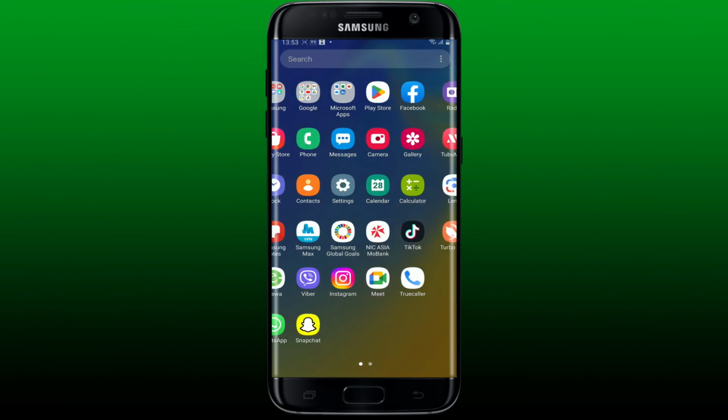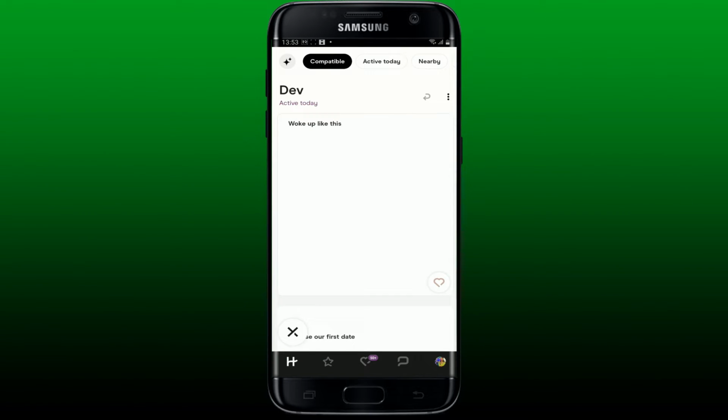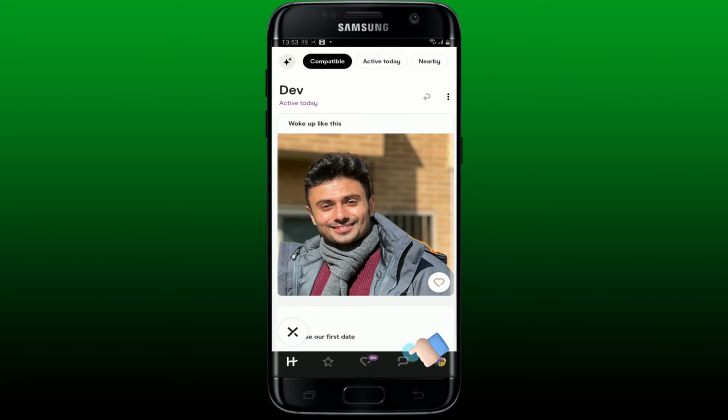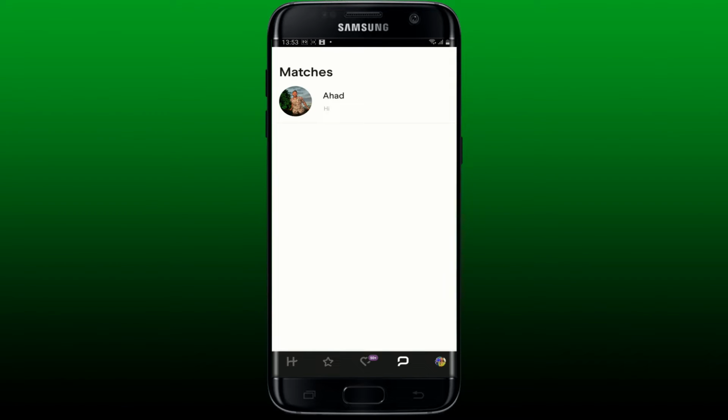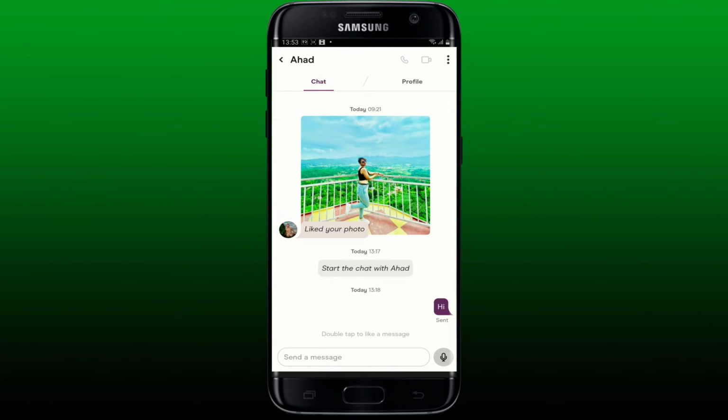Open up your Hinge dating application and make sure that you are logged into your account. From the main homepage, tap on the chat bubble at the bottom right and this will bring up the conversation menu. Select the conversation you'd like to end and then from the chat page, tap the three dots at the